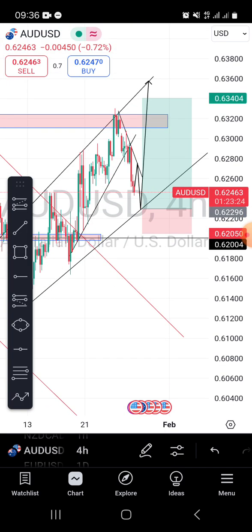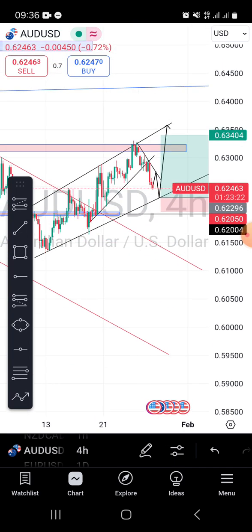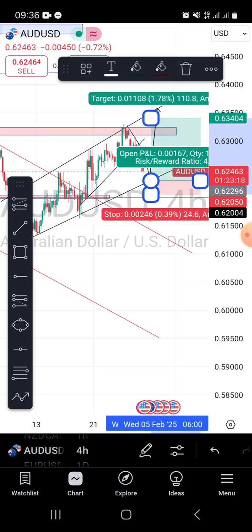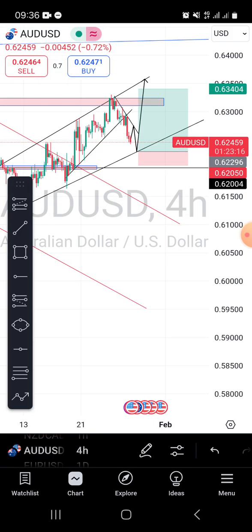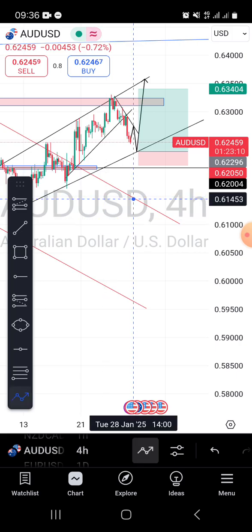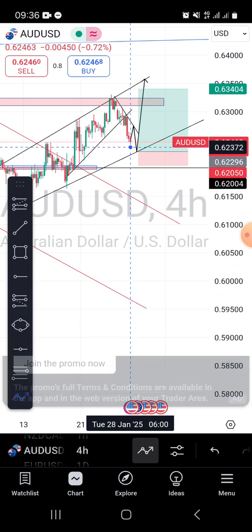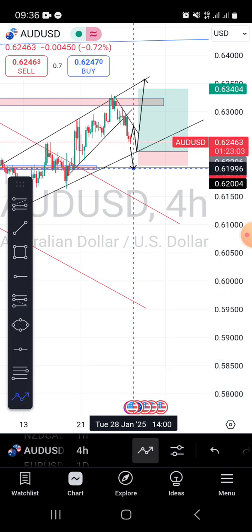Any rejection on this trend line can see this market push to the upside. However, if there's a breakout, we might see the continuation of sell. If the market breaks out like this,